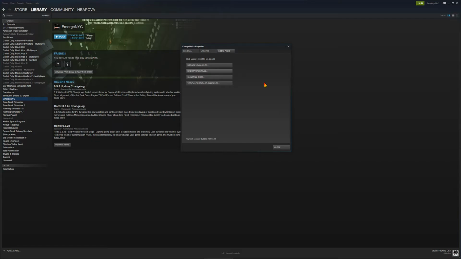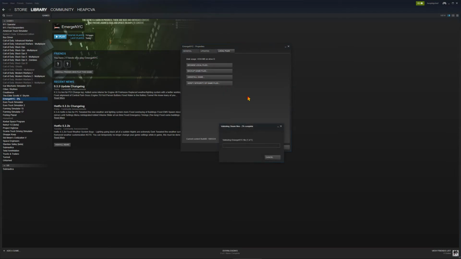And that is these tabs here. You can look at local files, which you rarely have to do. You can back up game files if you think you're having problems and you may have to reinstall something. You can uninstall a game from here. You don't have to use the Windows thing, and you probably shouldn't for Steam. And the very bottom button here is the one that I want to talk about. I'm going to push on it, and you're going to watch it do what it says here, which is verify the integrity of the game files.